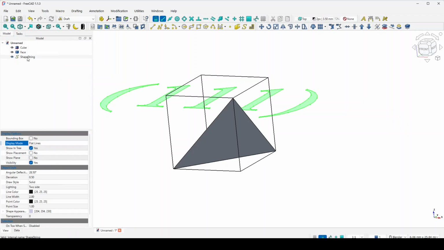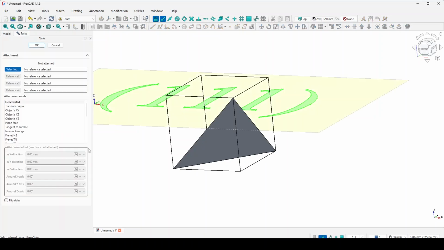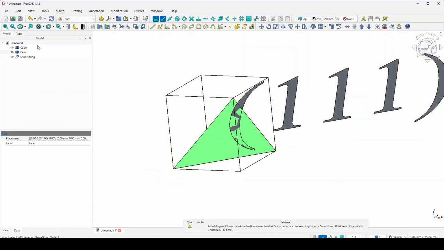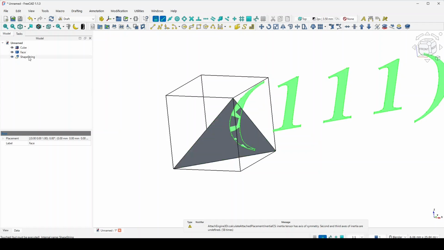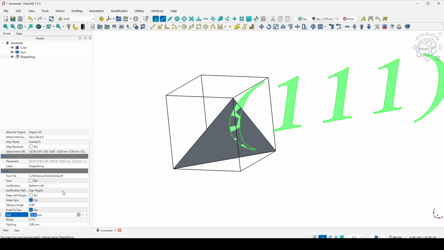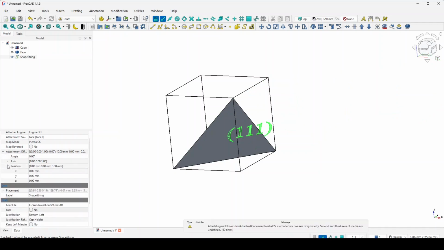Then choose the text, and from the display mode choose text, and in the data tab, map mode deactivated. We choose this plane and this. Okay, and we adjust the text size, adjust to 2, and from attach offset, the position changes. Okay,